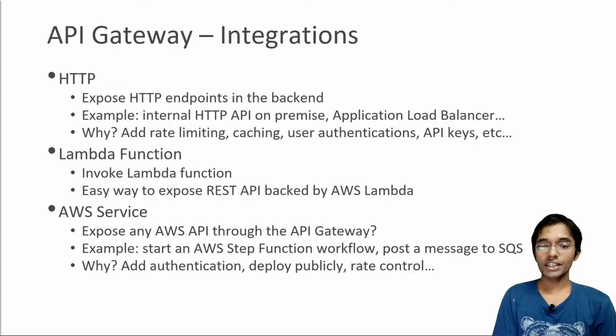Some very common use cases, for example, would be to start a Step Functions workflow or to post a message to SQS, Simple Queue Service. But again, leveraging these features of authentication, to deploy publicly, to have rate control and so on. So it is very common to have API Gateway proxying an AWS service for a specific API. Now